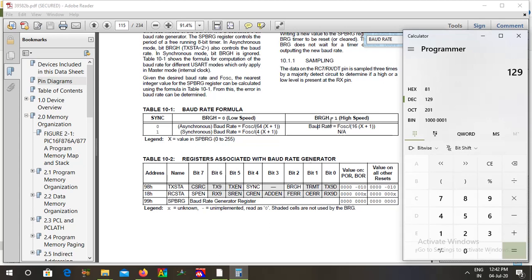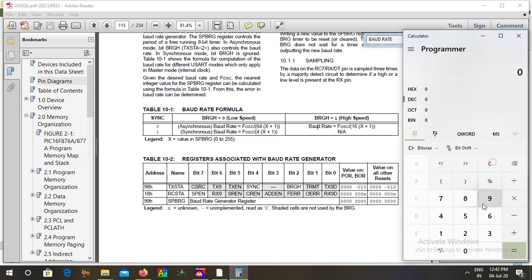Move the X plus 1 to the left side and baud rate to the right side. If you do so, we will get F oscillator divided by 16 into 9600 is equivalent to X plus 1. Let us calculate the X plus 1 first.